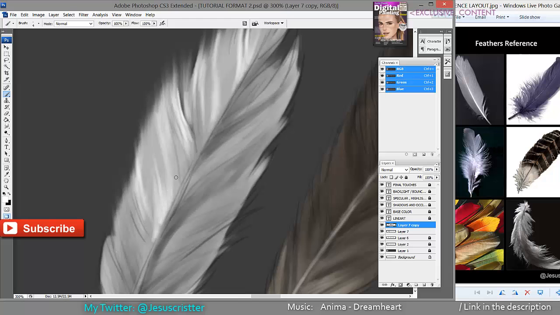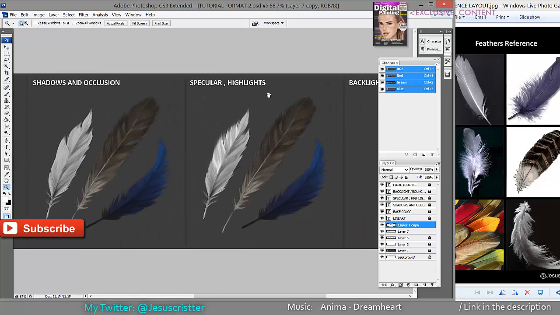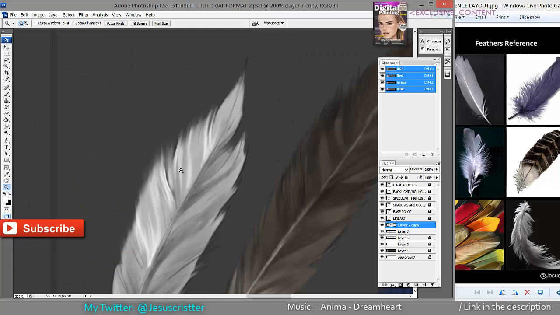And I leave others without any brights at all. That way it looks like it's not the same direction. I really like this part. It's not the same direction in all the feather, but it changes. In the tip we could add a little bit more, something like this,